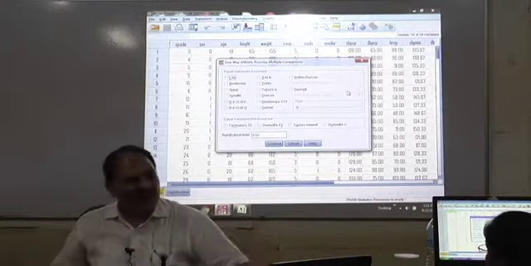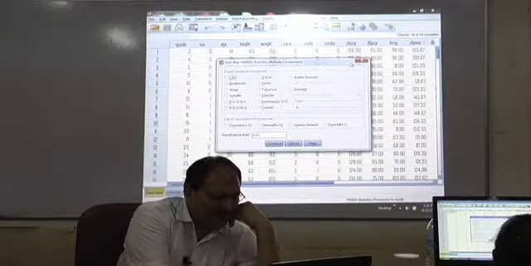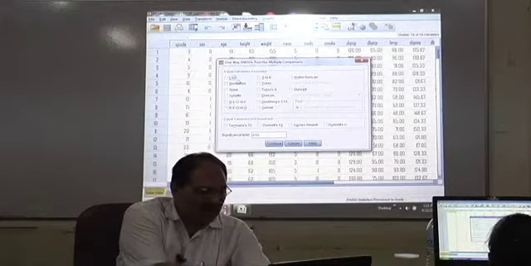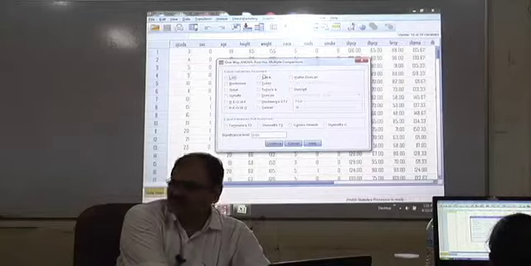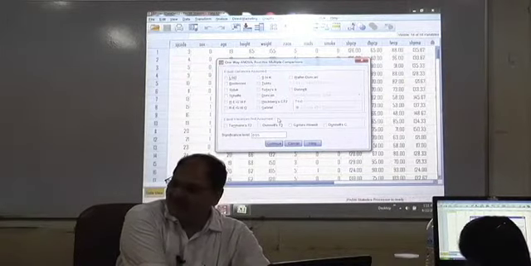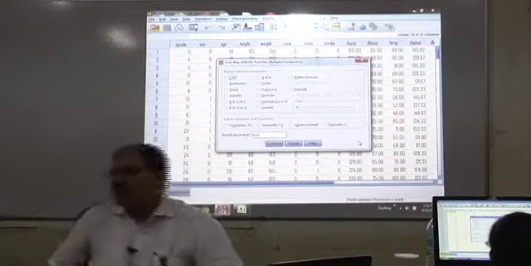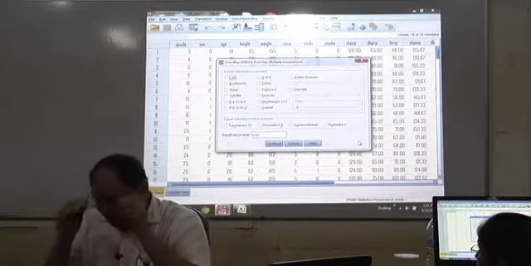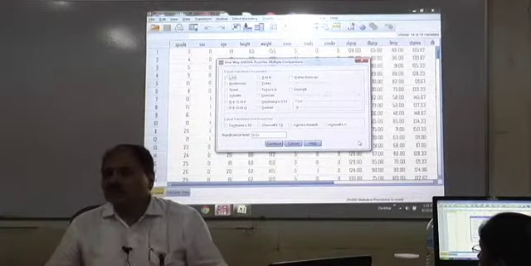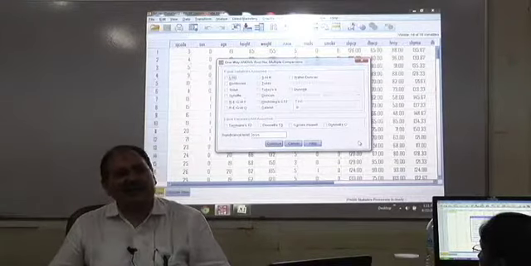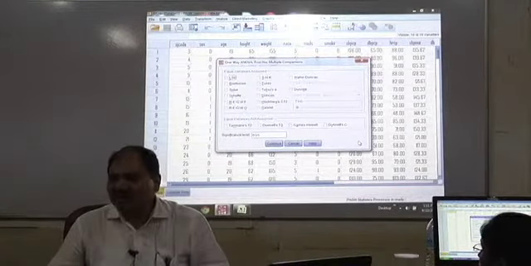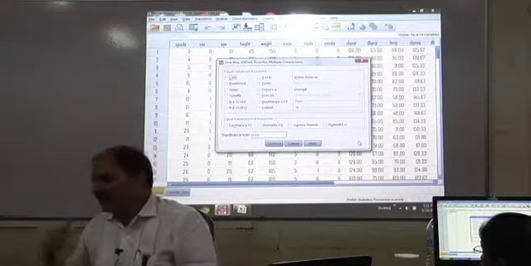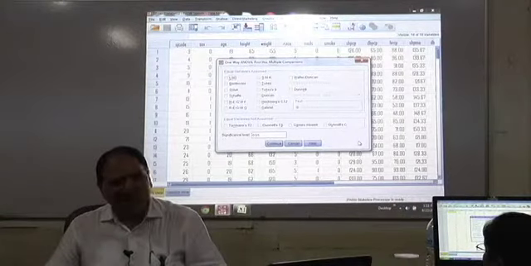Now if you look at the options that are available, the options are divided into 2 windows. You look at the upper window, equal variance assumed, and the bottom window, equal variance not assumed. Now, till now, we have not computed whether the variances are equal among groups or not. So we do not know whether the variances are equal or not. So it is advisable that we select one test from equal variance assumed and one from equal variance not assumed, because right now we do not know.